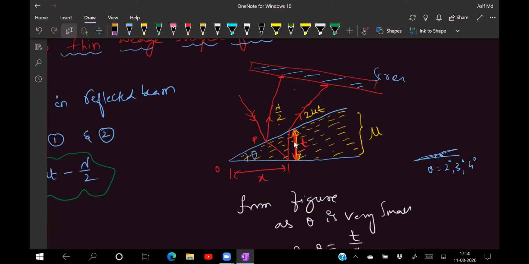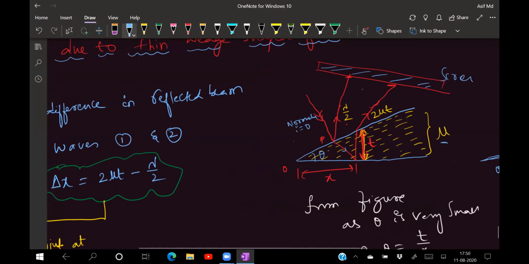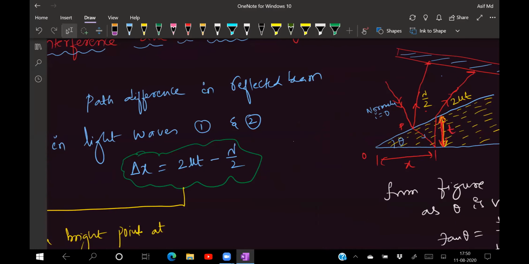When the ray of light is incident on this normally, that means the angle of incidence is equal to 0. When the ray of light is incident normally from the upper surface, there will be no reflection. But when it touches the lower surface, it will be reflected with a path difference of lambda by 2. The other ray of light will undergo refraction, be incident on the lower surface of the thin film, and pass through a film having a refractive index of mu. So when it is again reflected back from the upper surface, it undergoes an optical path of 2 mu t. So what is the total path difference for that? Delta x is equal to 2 mu t minus lambda by 2.